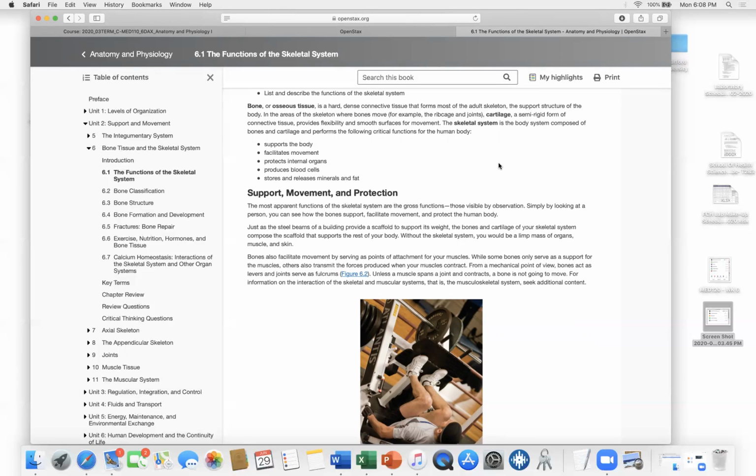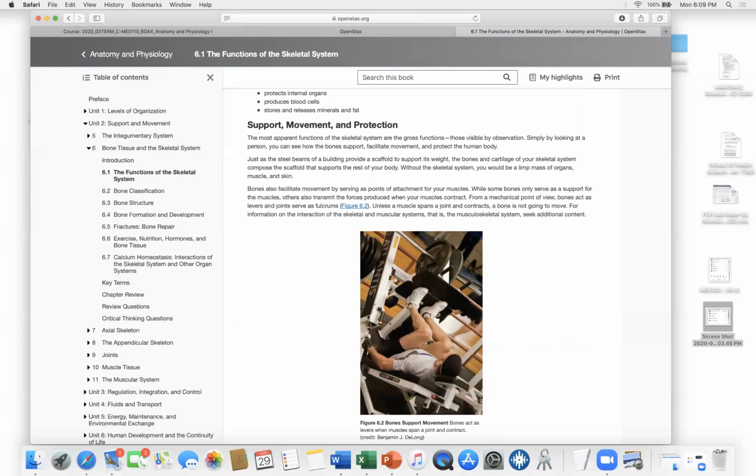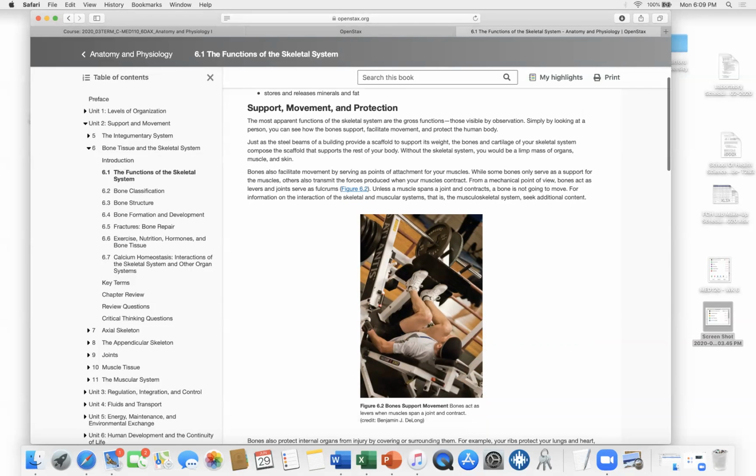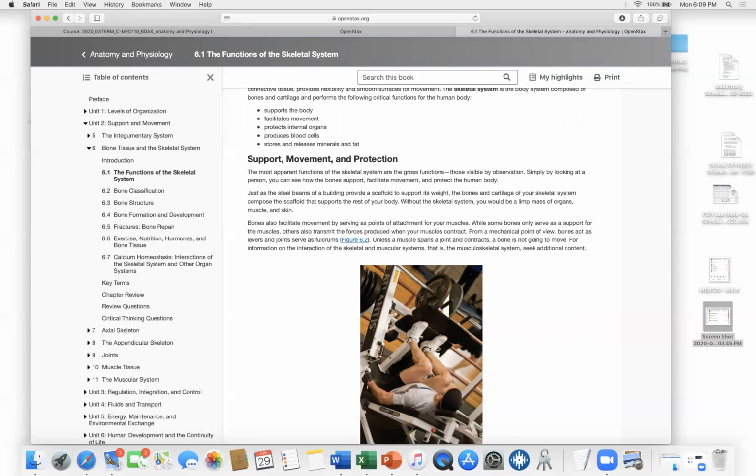So even though we talk about it in just the singular concept of bone, it's related to my blood. It's related to minerals and fat and other things. It has its own blood supply. It has its own nerve supply. And like I said, if you've ever broken a bone, it has a nerve supply. It hurts like heck when you